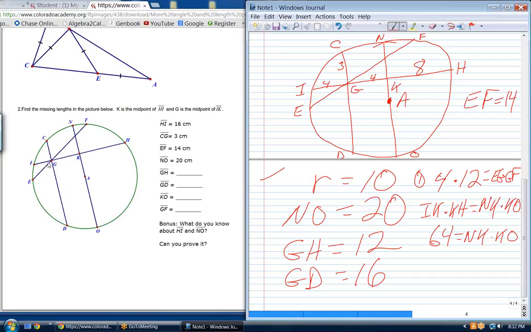But I don't know EG. Didn't we just solve for that? I solved for GF? No. Well, we did 4 times 12 was equal to EG times GF. Okay. And then,